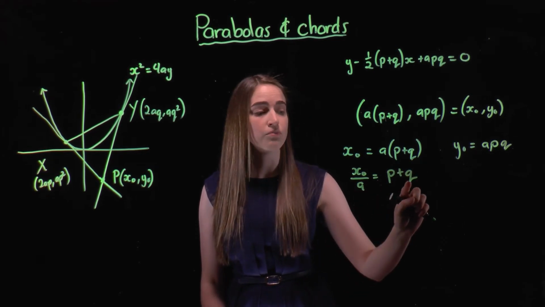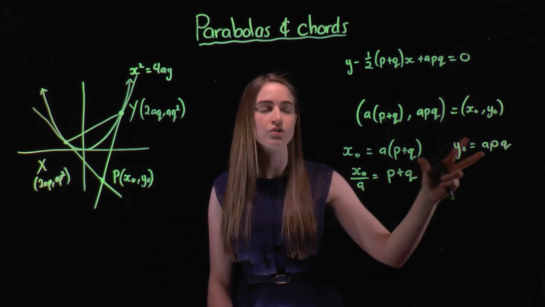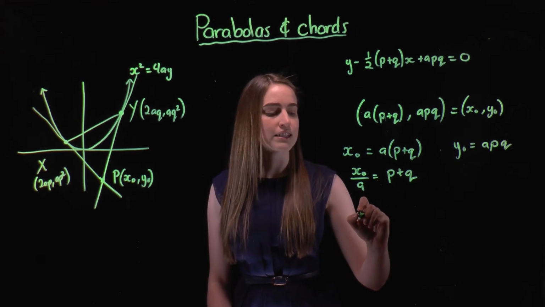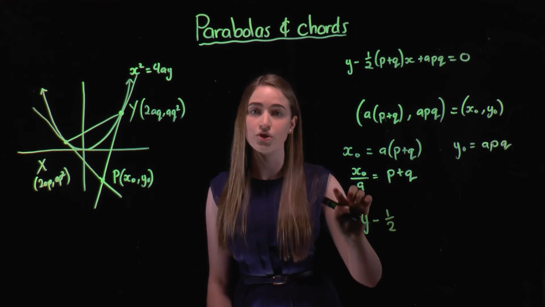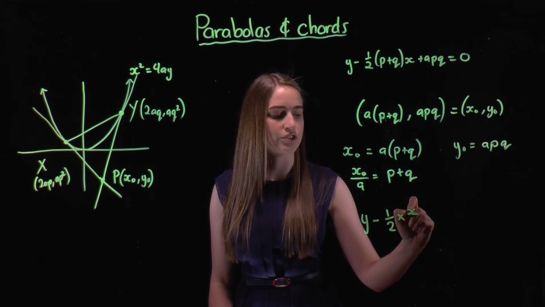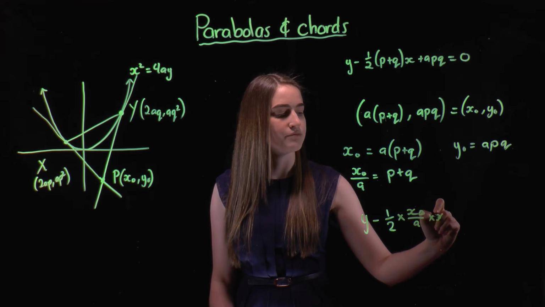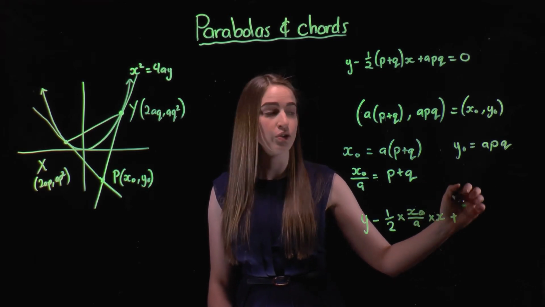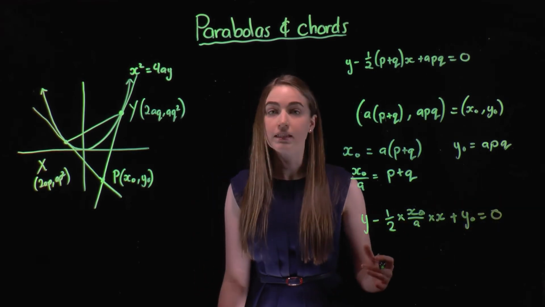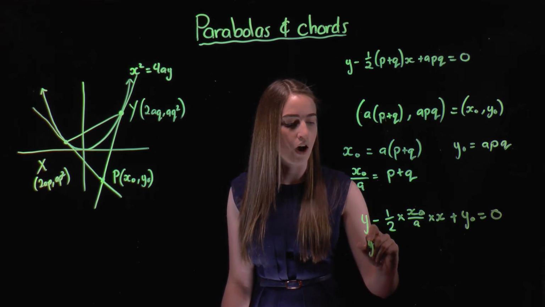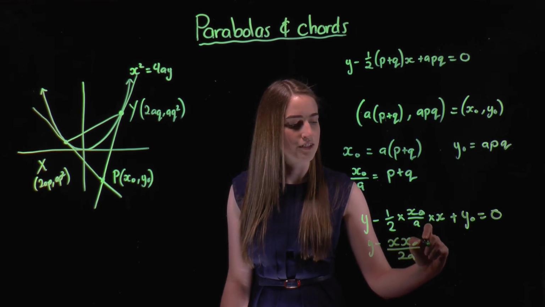So what I'm going to do now is substitute both of these 2 things into this equation because we know that the chord has to have this equation, but we also now know these relationships as well. So what that's going to give us is y minus a half. Now we had p plus q. In this one, we're going to substitute in x naught, so times x naught over a, and that's multiplied by x. And then we've got plus apq, but we know that that is y naught, and that's equal to 0. So we're going to make this look a little bit nicer. So we're going to have y minus, now this is going to give us x naught over 2a, x plus y naught